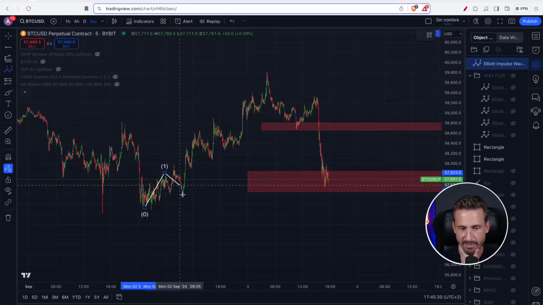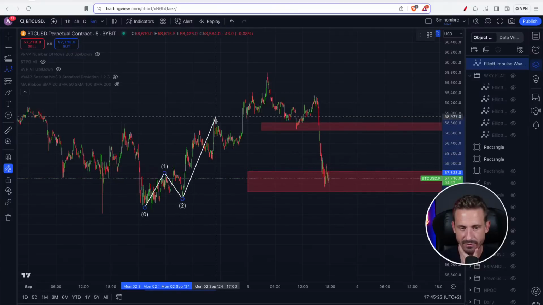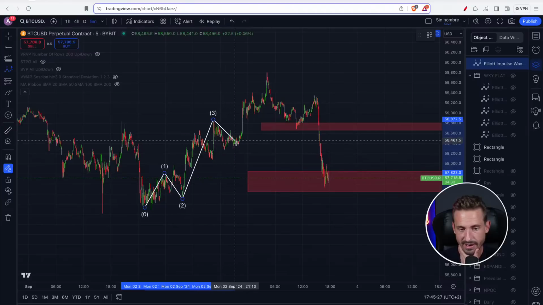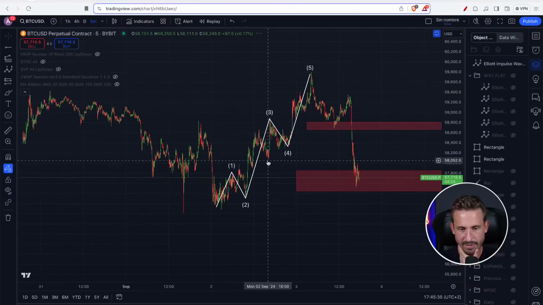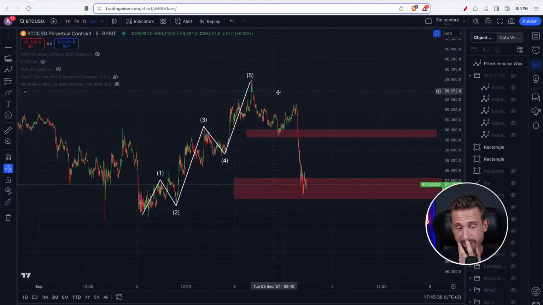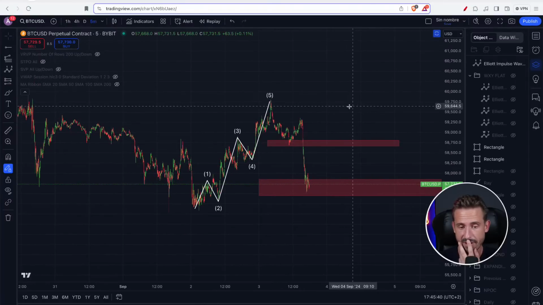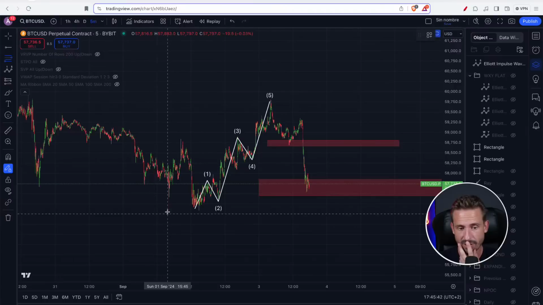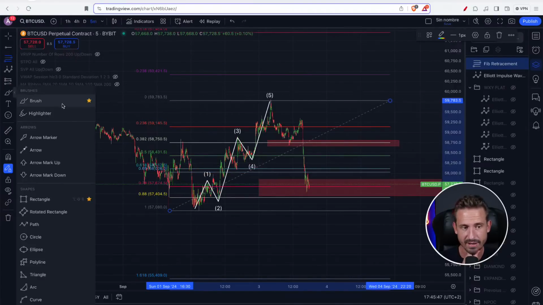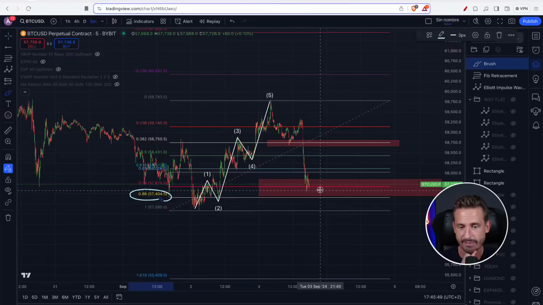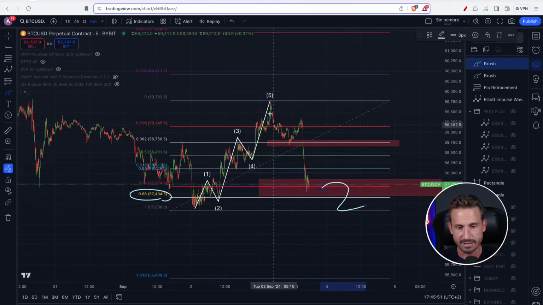Contracting diagonal with an ABC flat, expanding diagonal with a not regular ABC, actually a triangle in the ABC right there, and then you get the last 5th wave here. Very, very clear pivots right now. And now obviously the only bullish case scenario is, hey, we do not want to lose this 7/8 Fibonacci. We do not want to hit the 0.88 Fibonacci